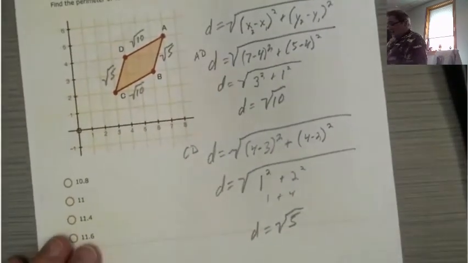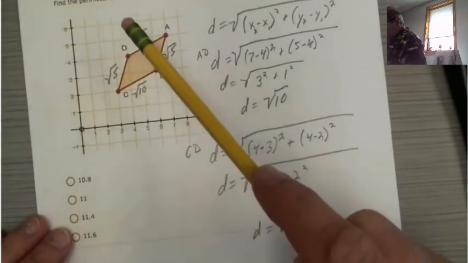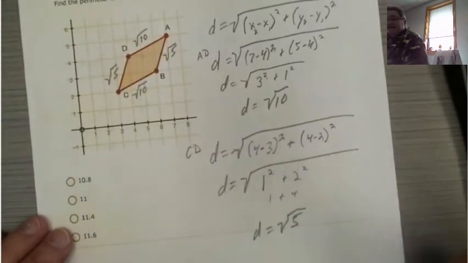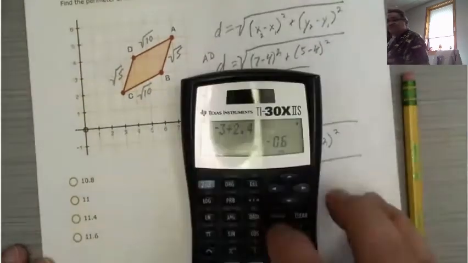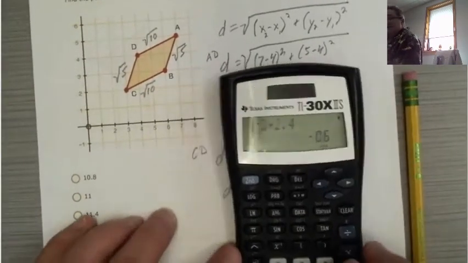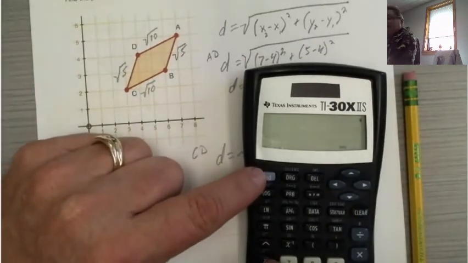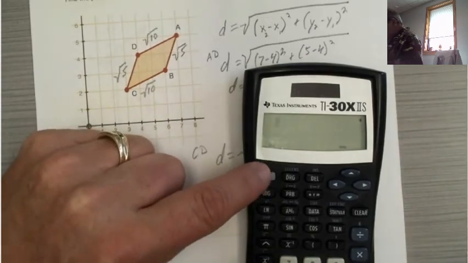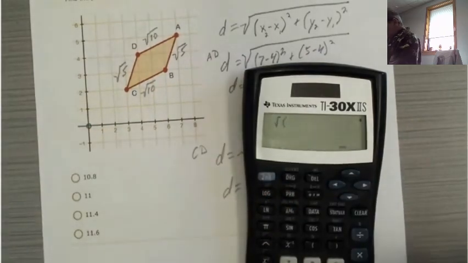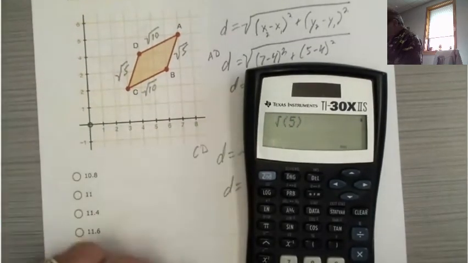So let's add all those up. We have 2 square roots of 10 and 2 square roots of 5. Well, that's not how they gave the answer. They gave it in decimal. So we're going to go ahead and pull the calculator out, and let's add those up. If I use the second button, there's usually a square root with the square. So square root of 5, plus, and I'm going to do square root again,